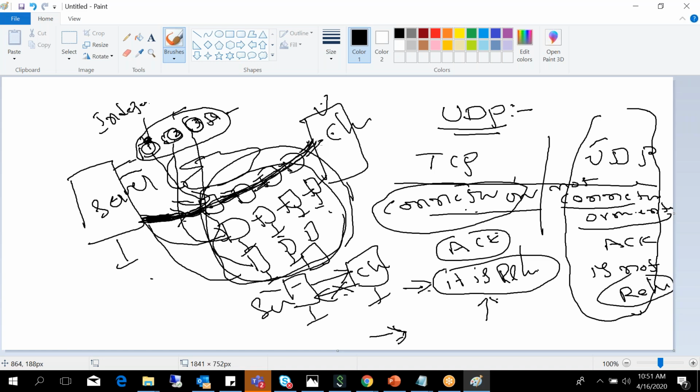And TCP is like using four vehicles for transporting your fridge and everything, and all four vehicles will go the same route. But UDP uses different routes. Let's say you're transporting all your luggage by four vehicles on one path.